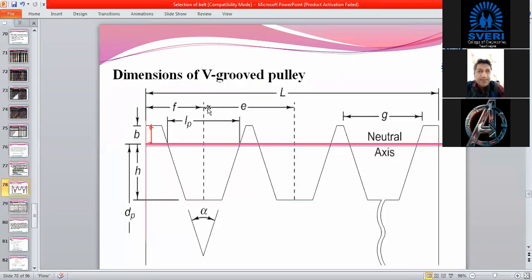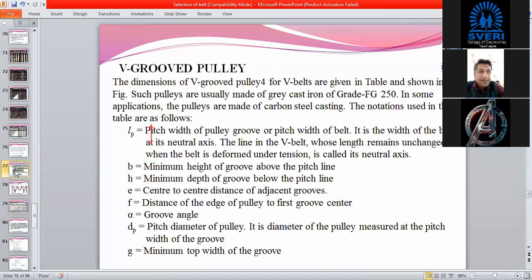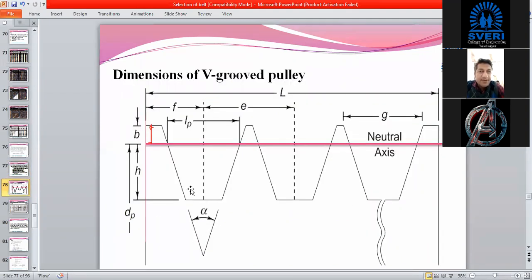This is F, how far the first groove center is from the corner of the pulley. Then alpha is the angle of the groove. This is alpha, where the angle of groove is decided.